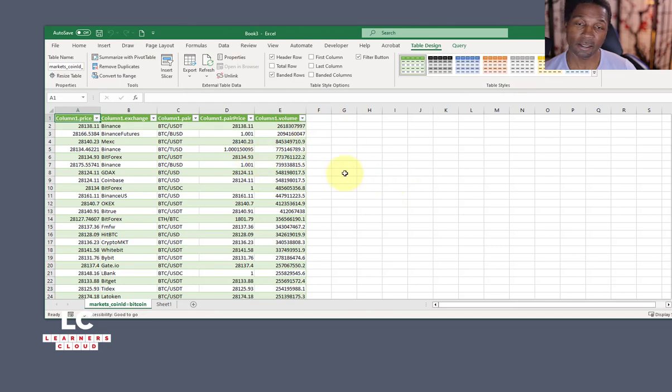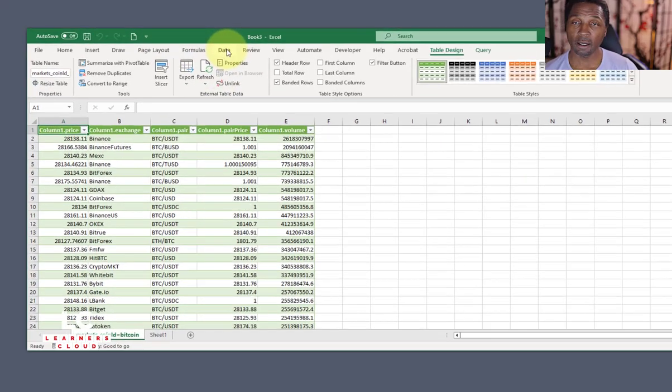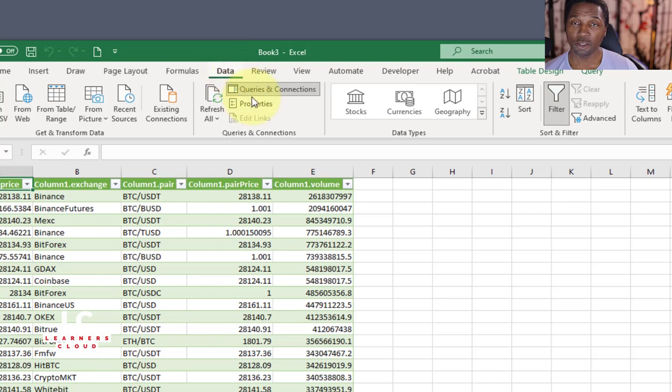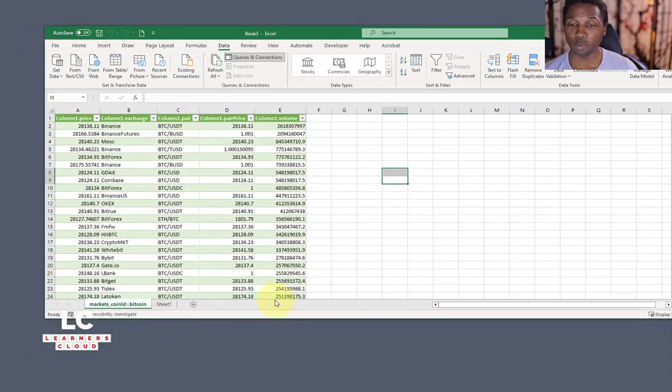You have data inside of your Excel sheet from an external source, and anytime you open up your Excel, it should refresh. And if it doesn't, you go up here inside of the Data tab, and you can click here to refresh all, and that'll refresh all the data that's here. So if you have multiple tabs from different sources, including stock market numbers, you can always come here and refresh